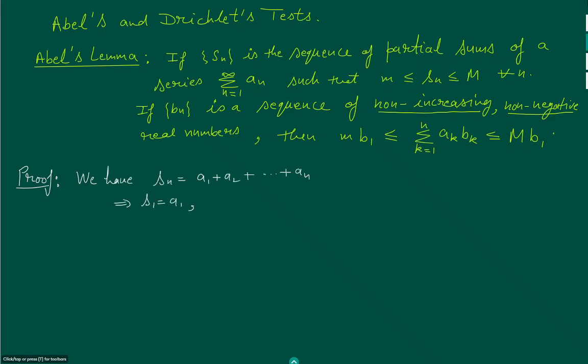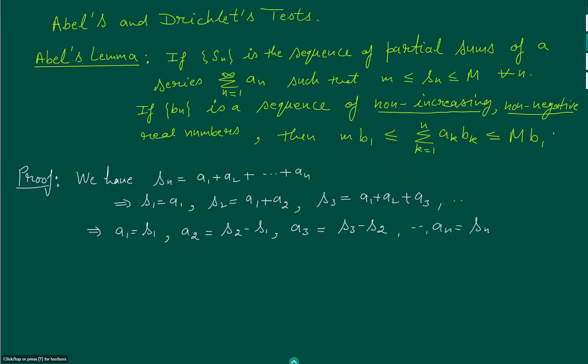We know that Sn is the nth partial sum of the series An. So Sn is A1 plus A2 plus A3 plus up to An. That means S1 is A1, S2 is A1 plus A2, S3 is A1 plus A2 plus A3, and so A1 is S1 and A2 would be S2 minus A1, but A1 is S1, so A2 is S2 minus S1 and A3 would be S3 minus S2, and similarly An would be Sn minus Sn minus 1 and so on. Now